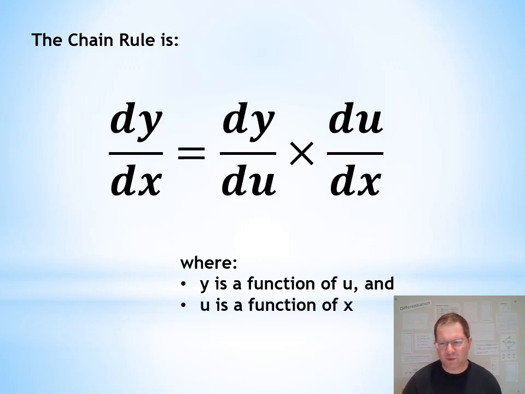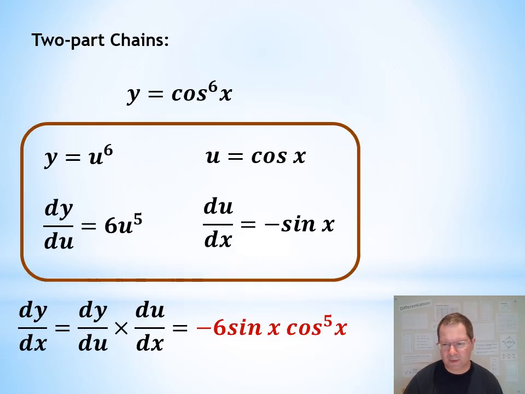Essentially that obeys the rules of fraction multiplication, so the du's would cancel out and leave us with dy by dx. So the idea is that we write y as a function of u, where u is a function of x. Both of those we differentiate using results we already know. Now it's possible to extend the chain rule to more than two parts, but we're going to start off